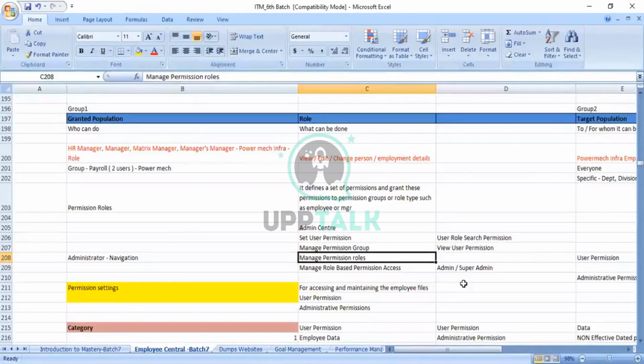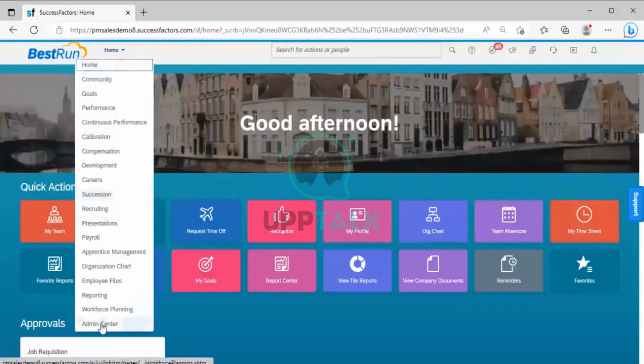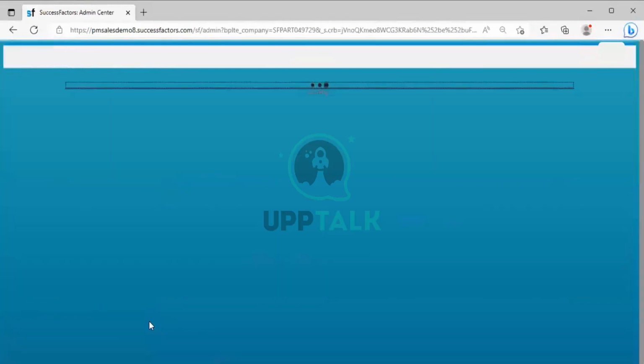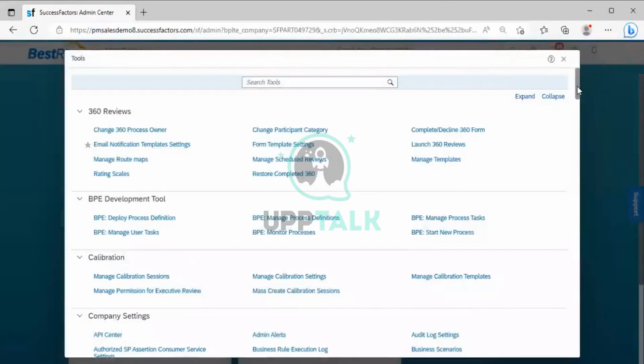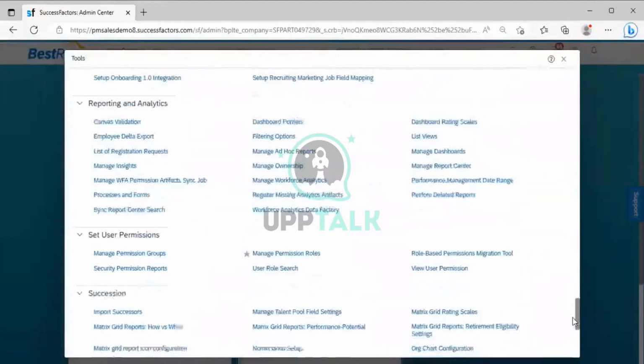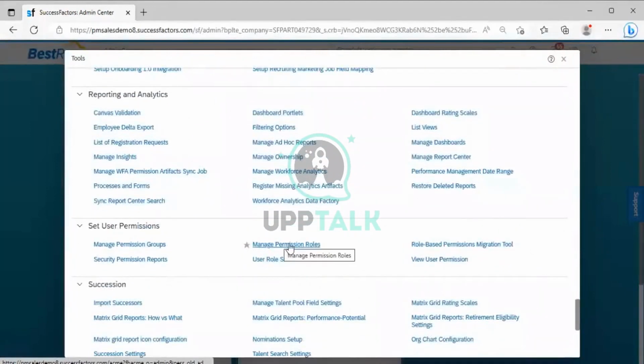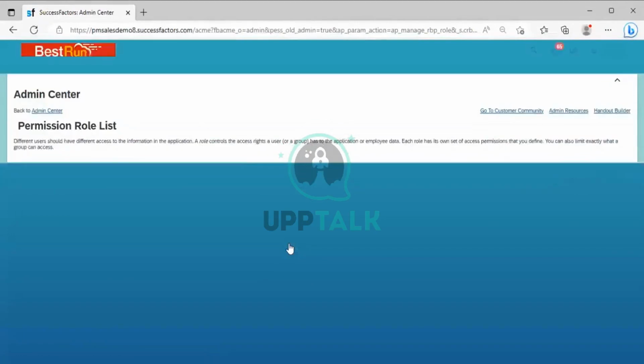So once you click on the Permission Role tab, in the Configuration tool, when I go back here into the Admin Center, into the tools here, now you can see Permission. When I click on this, it will take me to a page